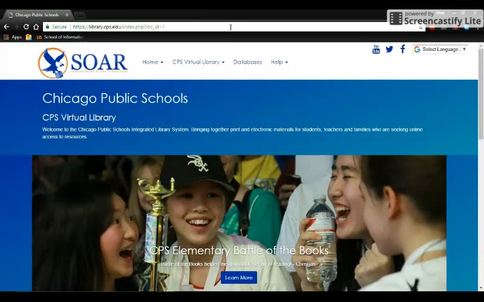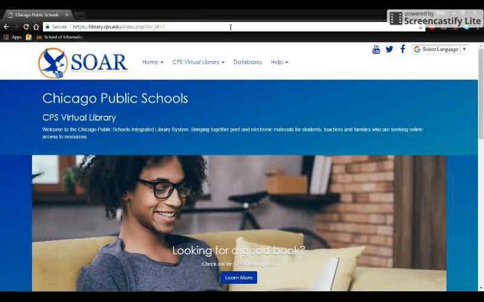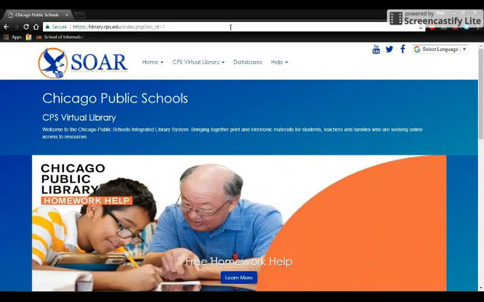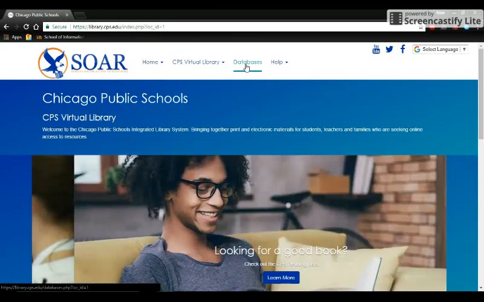Once you hit enter there, you'll see that it brings you to the SOAR main page. SOAR stands for Seeking Online Access to Resources. And the resources it gives you online access to are the CPS databases, the CPS ebook collection, and the library catalogs. So right now we want to check out databases, so we go over to this tab here and click